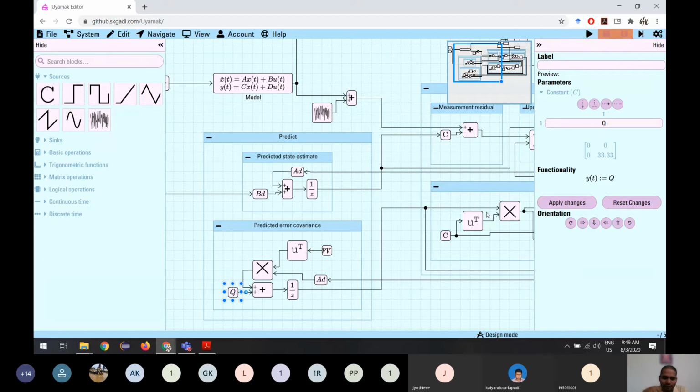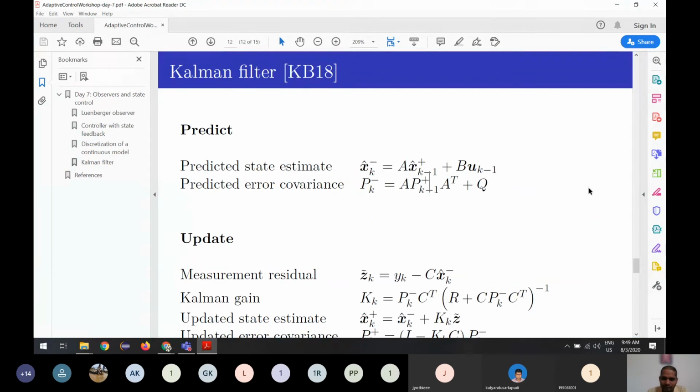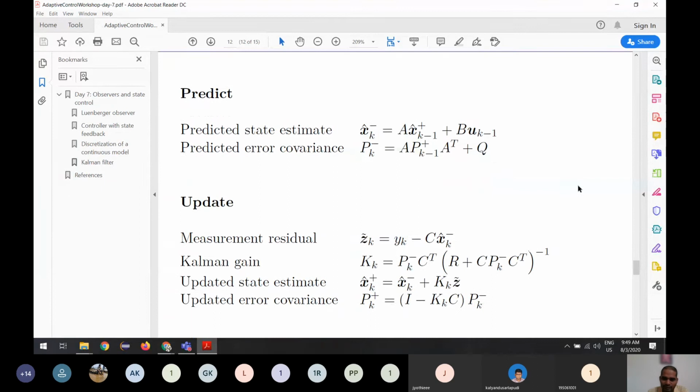So the Kalman filter you have to understand more in depth. You have to implement it by yourself to understand all the concepts. So I'm giving it here, but I recommend you implement it by yourself to understand the step by step more clearly. But if you have any doubts, you can ask me. Okay, so we have seen the implementation of these two. So how do we implement the other one?